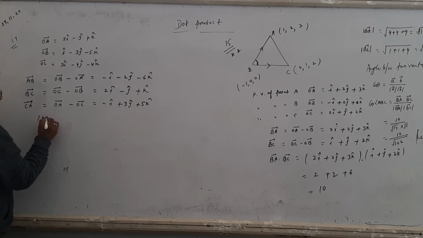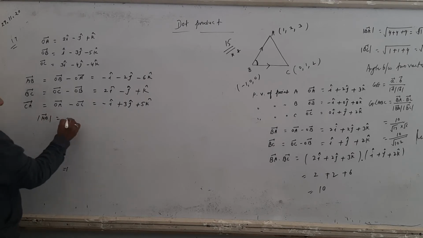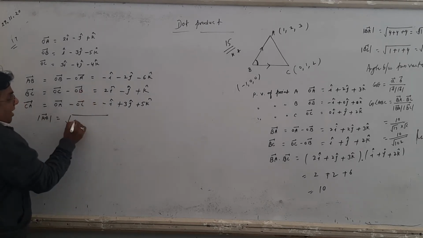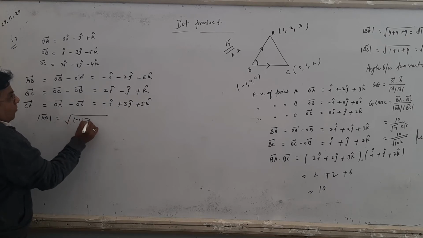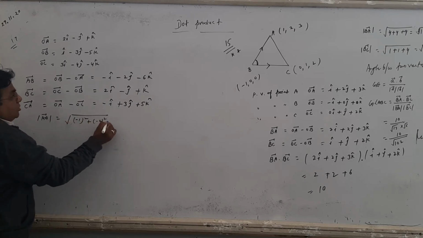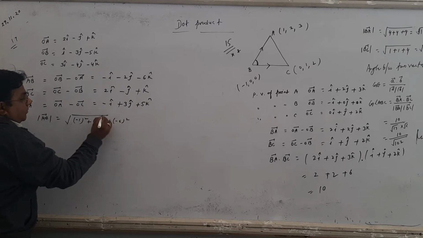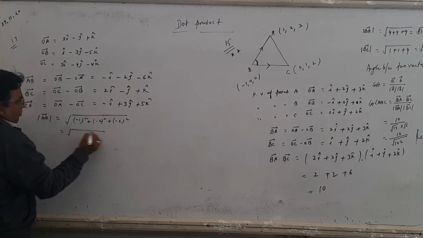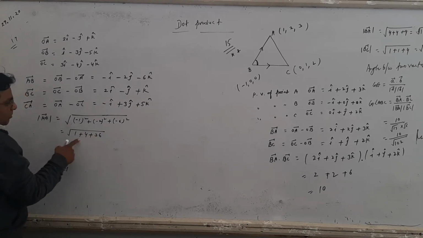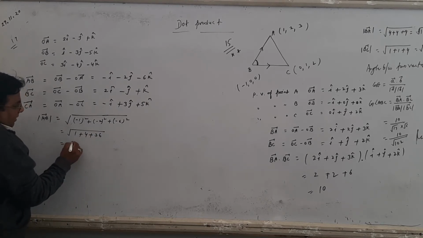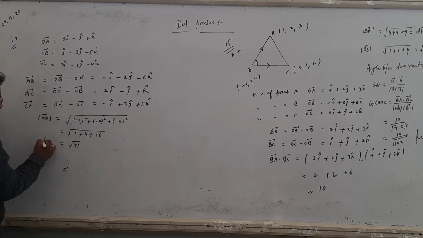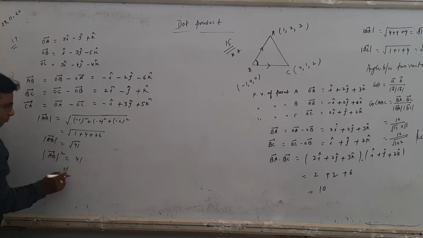Now find the magnitude of vector AB. You know, student, magnitude is the under root of square of the coefficient of i cap, square of the coefficient of j cap, square of the coefficient of k cap. And that means under root of square of 1, square of 2 is 4, square of 6 is 36. Then 36 plus 4 is 40, 40 plus 1, that is 41. But this is the value of the magnitude of AB. अगर आप रूट को हटाना चाहते हो तो the square of magnitude of AB is 41.